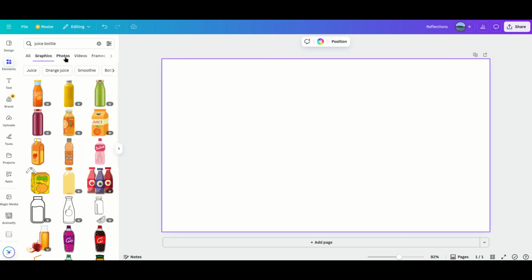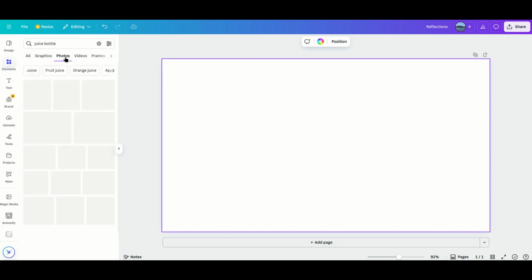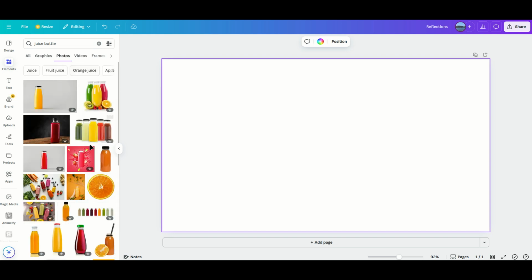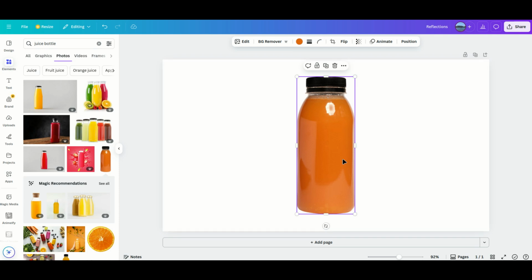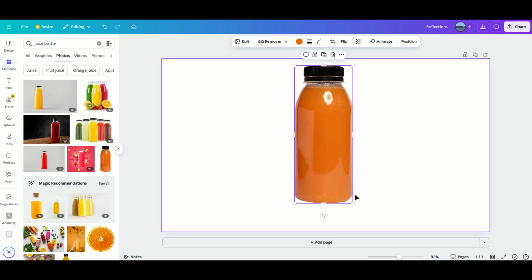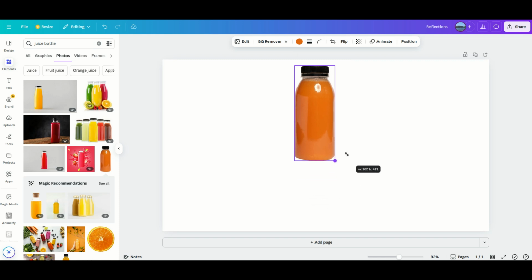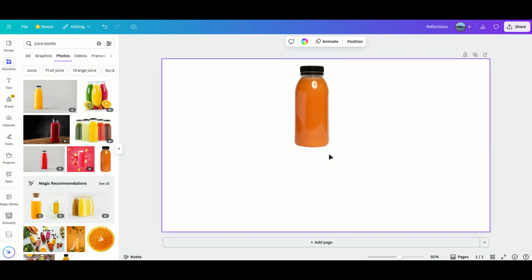I want to filter by photos and not graphics. So for photos, I'll pick this one and add it to my canvas. Alright, so I'm going to decrease the size of this image a bit. Right, that looks fine. And then I want to go into applications,